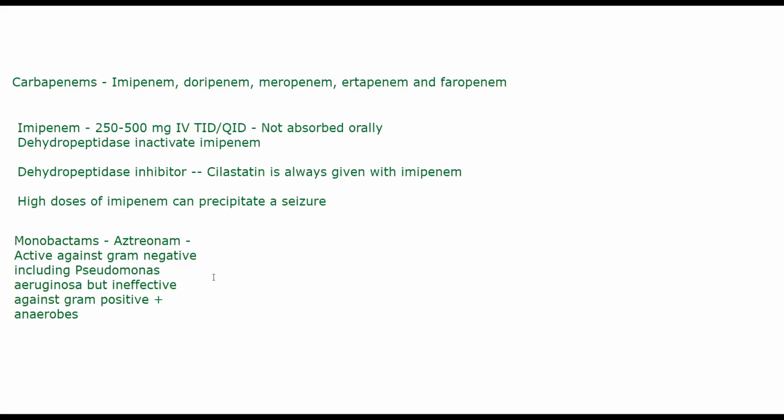As such, this drug is given parenterally. You give 1 to 2 grams every 6 to 8 hours, so the normal dose is 1 to 2 grams TID or QID. The only specific adverse effect that has been reported with aztreonam is skin rashes. It is not used as often, but you can use it. There are some better drugs as well. Aztreonam is given in nosocomial infections, gram-negative organisms that cause hospital infections. In those cases aztreonam is used very well.